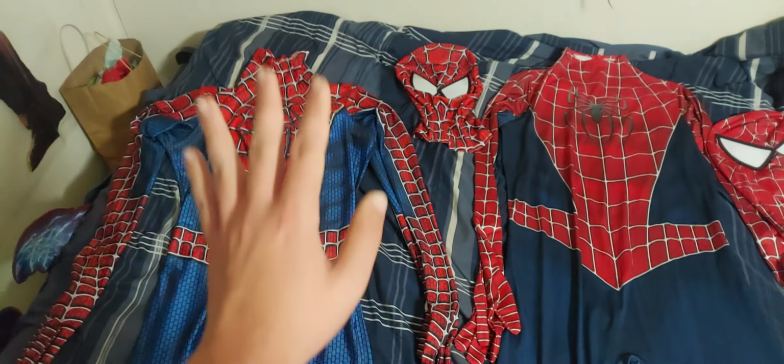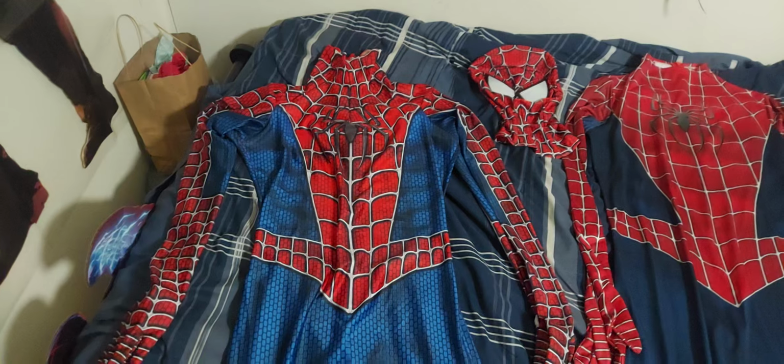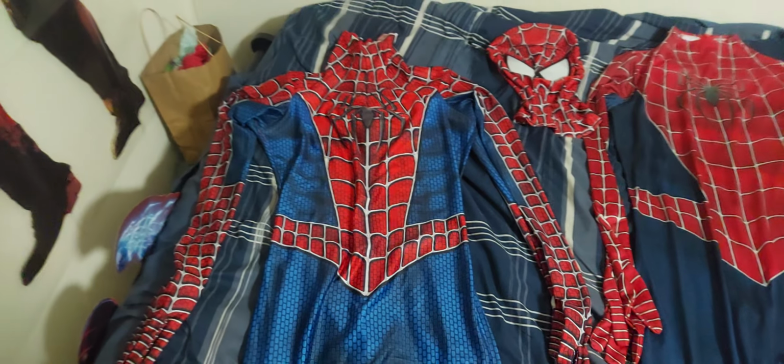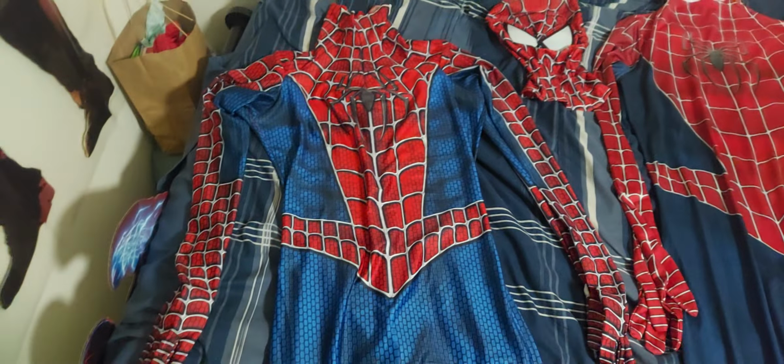I think I'm going to start with this one first because it's my oldest one. I mean, this one's not that old. I bought this in 2022, but you get what I'm saying. Anyways, this suit,